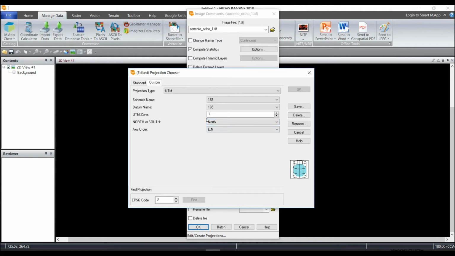So I know that this image should have a projection of UTM zone 55. The spheroid and datum are both WGS 84. And I can choose, again, to select these by using the pull-down lists. Or I can also enter the EPSG code if I know what the EPSG code is. And I do know that this is